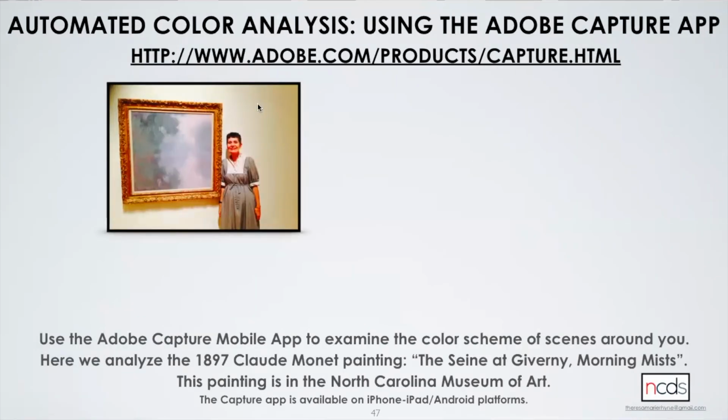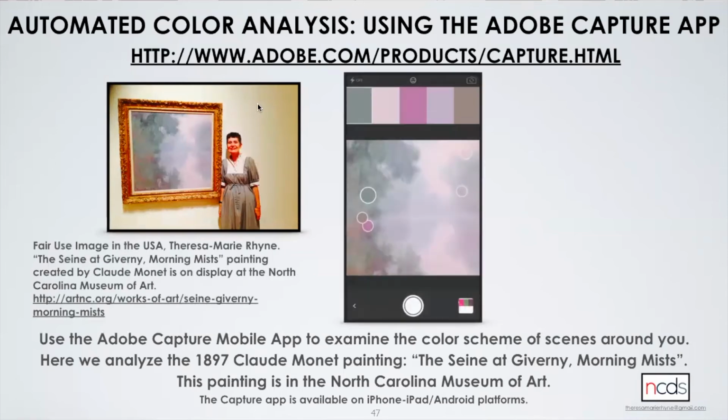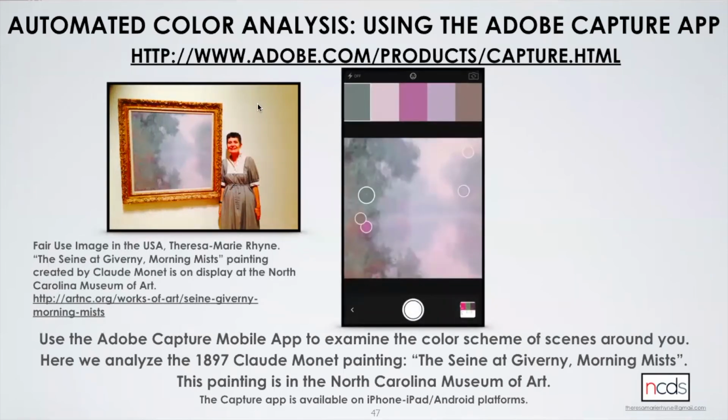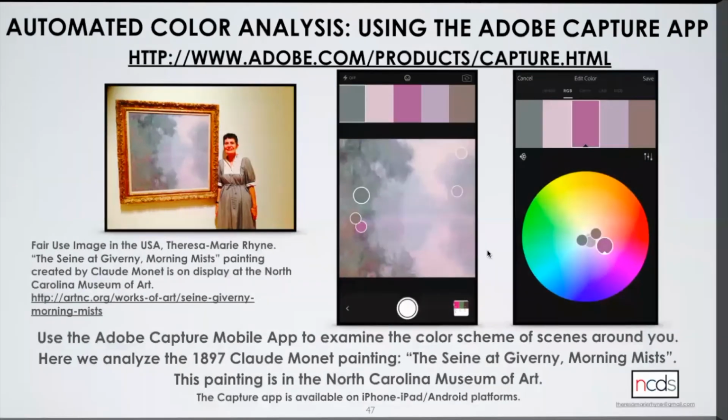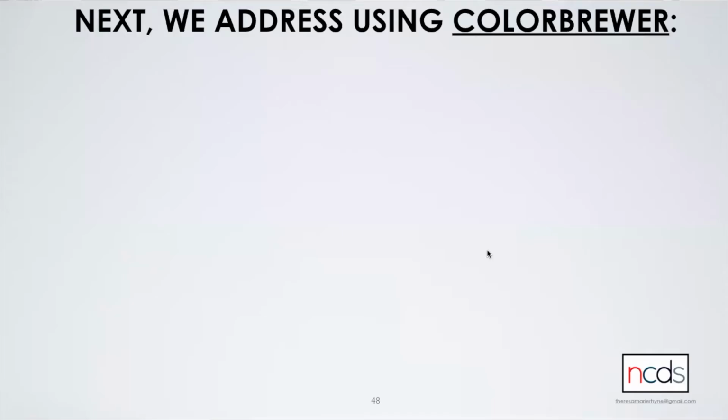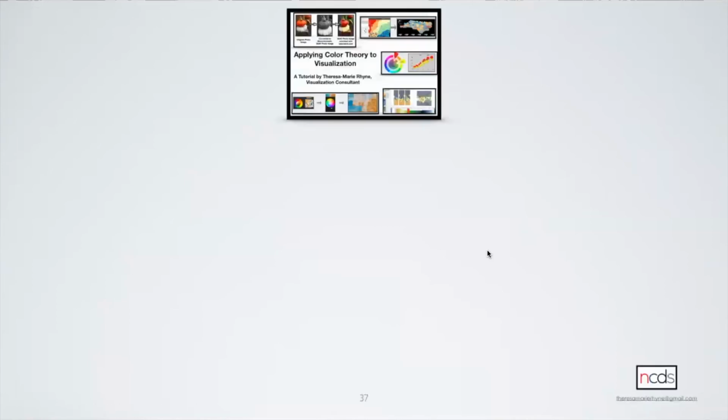So it turns out there's a whole lot of tools out there that do automated color analysis. So we're going to look at a Monet painting that's at the North Carolina Museum of Art. So if I want to understand how did Monet, what color palette did he use? If I look very closely, he used, whoop, I got a little jumpy on it. He used, come back. Well, I want to tell you that he used